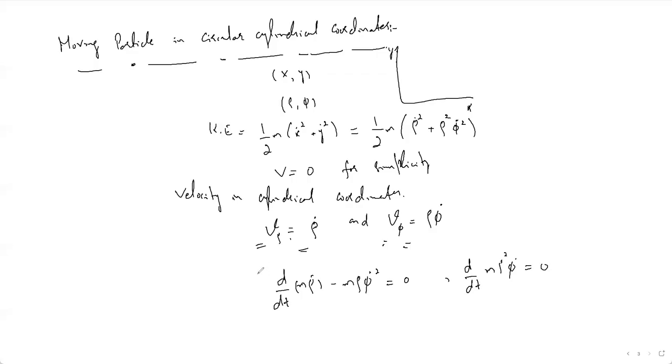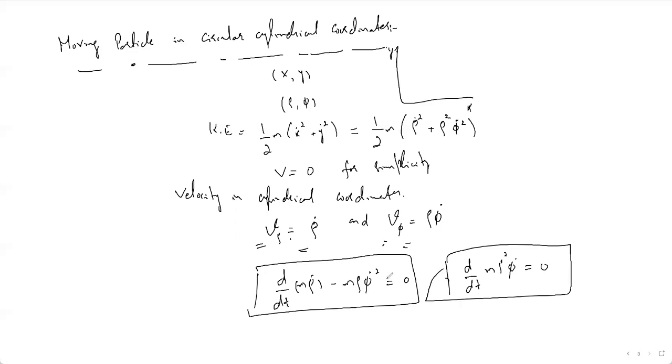So on applying the Lagrangian equation of motion to the rho coordinate and the phi coordinate independently, we obtain these two equations. What is this first equation? This is actually a radial equation, equated to the centrifugal force in physics. And this second equation is actually the conservation of angular momentum equation.